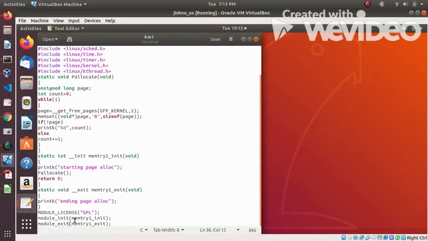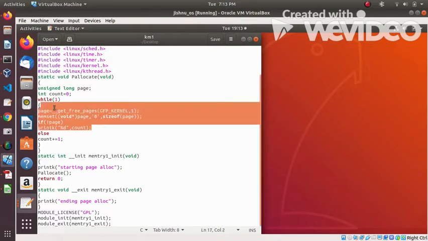We are calling our main function and our exit function here. The problem here is we are running a while true loop. So while the memory is not finished, we keep allocating pages, and when the memory is over, all the pages get over and our system crashes. So there won't be any output in this case. The only output will be that your system crashes. Obviously you're doing this in your virtual machine, so you can just close it and open a new instance, but this is what is going to happen.